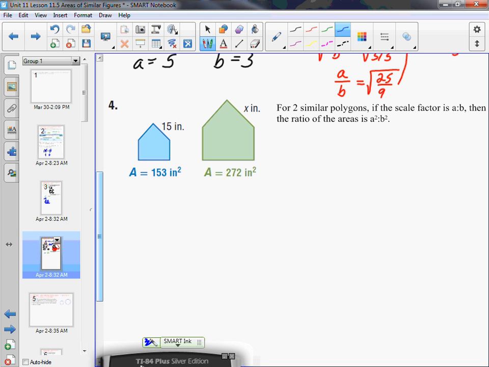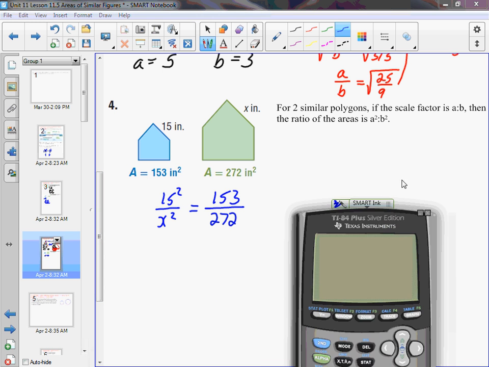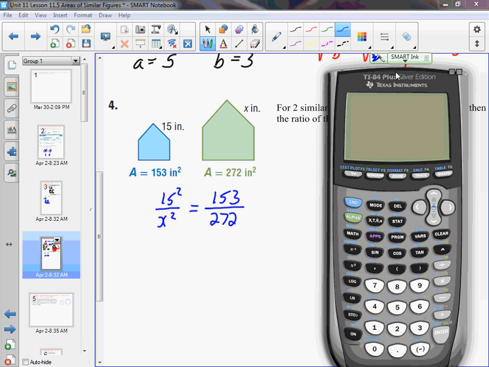Okay, the ratio of the areas is 153 to 272. That equals a squared to b squared. So that equals 15 squared to x squared. Okay, y'all with me? Does that make sense? That's not the way I worked number 3. Does that seem okay? All right, so I know that when I multiply x squared times 153, I get 153x